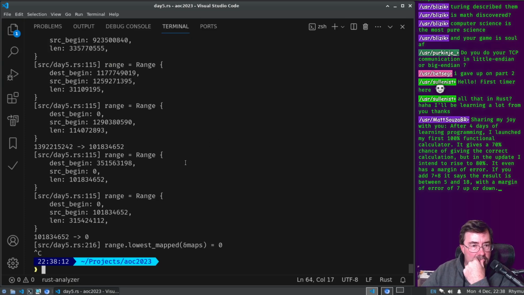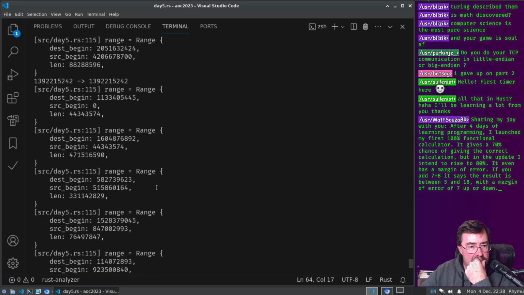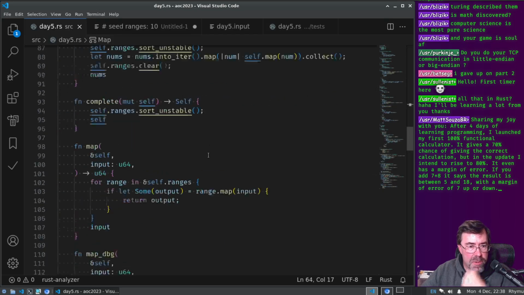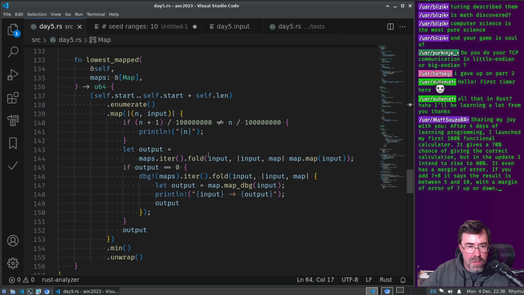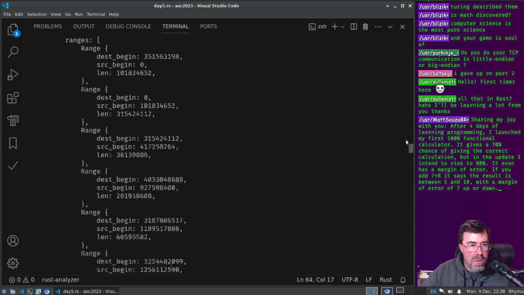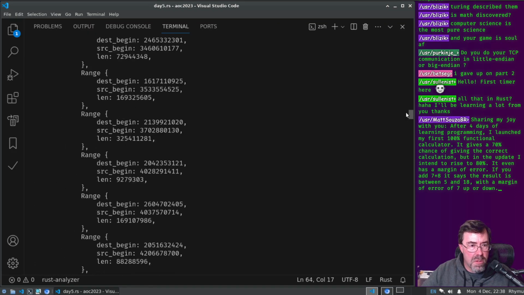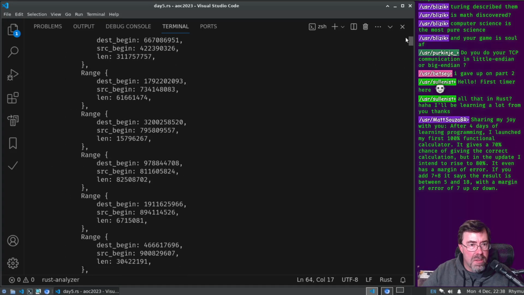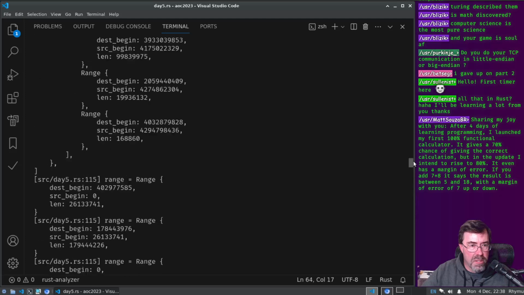Okay. Wait, I'm not seeing the debug I put in there. Oh, it's at the beginning. Here it is. Oh, it's very long. Okay, I can look at the last one though, right?